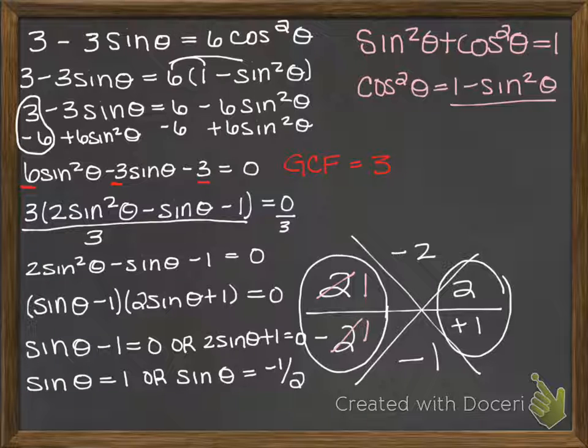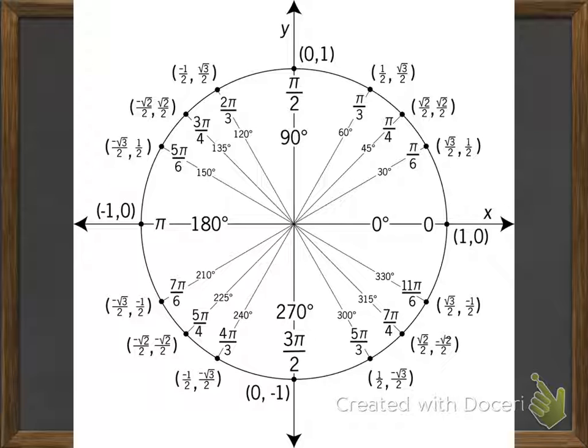So now that I have these equations solved for just sine, I need to list all the angles theta for which either one of these would be true. So let's go over to my unit circle and figure out where these are. I need all the angles in which sine is 1 or sine is negative 1/2. So coming over to the unit circle,